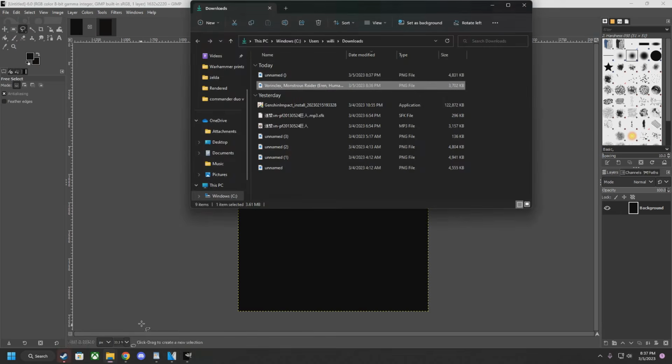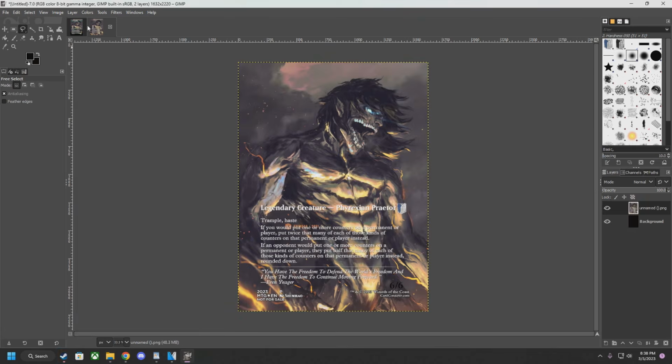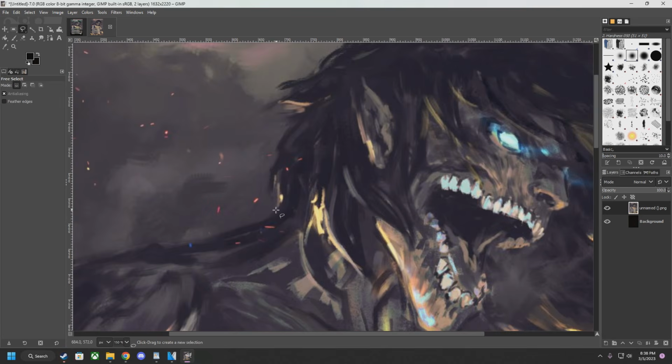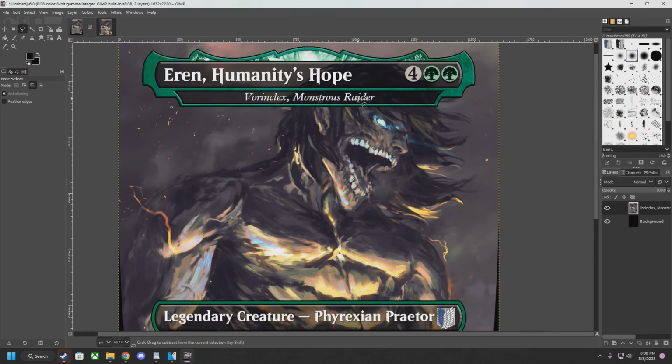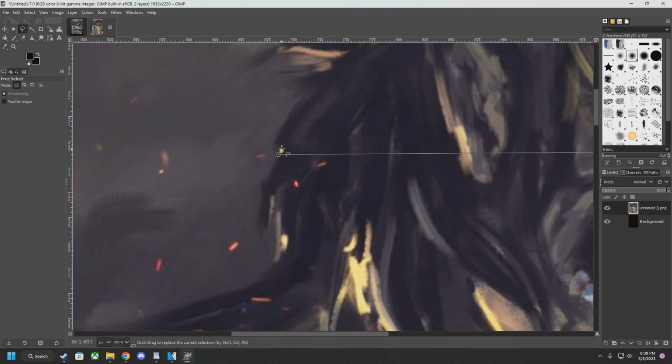Now we'll go into our downloads. We'll grab both our altar and that new art we saved with everything removed from it. Perfect. Now, just like we did with the set symbol, we're going to be using this tool again. This time, we're going to select just the top part, so I'd say just below the eye and above, we want to cut it and add it into here. So I'm going to start right below the eye, go across like this, and then I'm going to do the same thing I did last time, where I cut